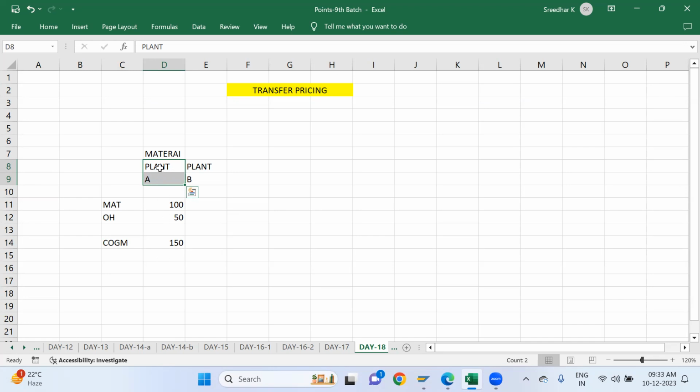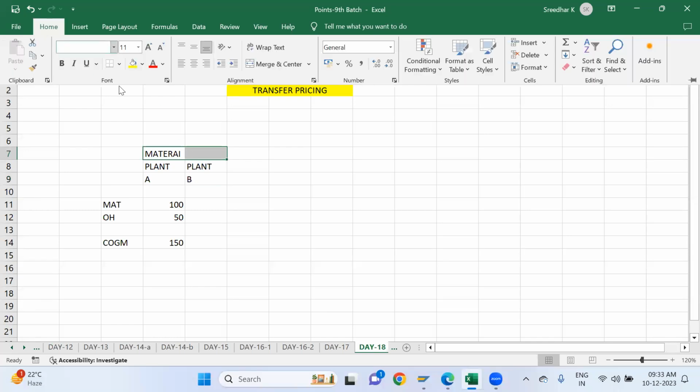Now I am going to transfer this material from plant A to plant B. During the transportation from plant A to plant B, if you want to add any additional expenses to plant B's cost of goods manufactured, plant B cost, that is nothing but a markup. That is nothing but a transfer price. If any material is transferred from one plant to another plant,